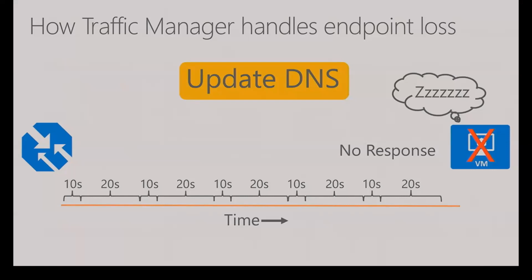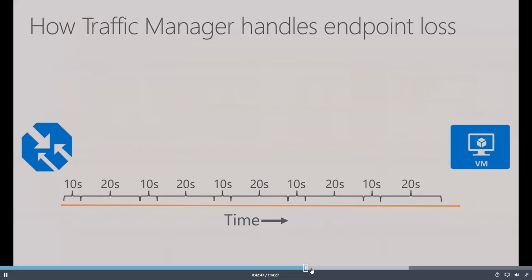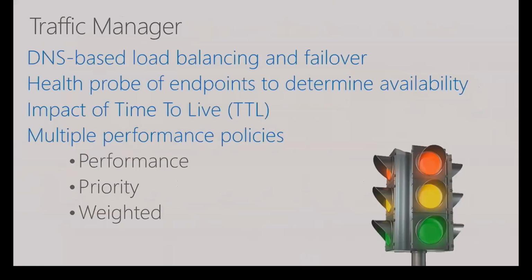But if you're not doing that, if you're letting the system just run, it happens at a time when you're not monitoring it, it'll happen, and it'll wait for the TTL to end. Now for the person that just got it a minute before, it's going to take the full TTL time. For someone who's just requesting, it'll happen instantly. So realize that there is a gap there, and the gap is going to vary depending on the client that's accessing it. So it updates DNS, and of course now your clients can go through. What happens when it comes back online? The different ways. Performance is basically using latency.